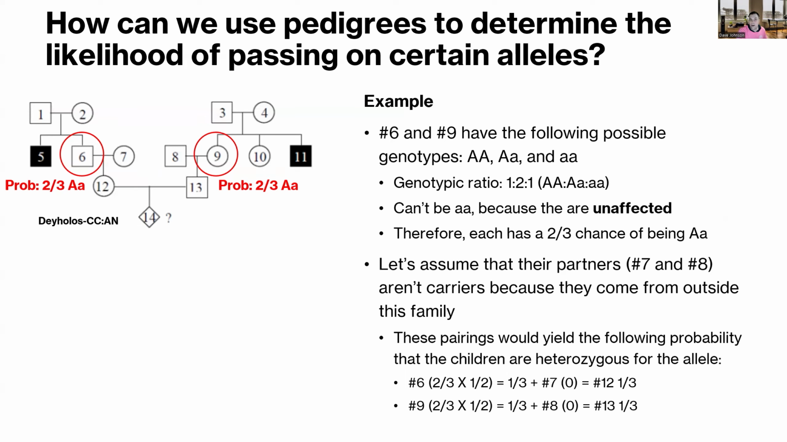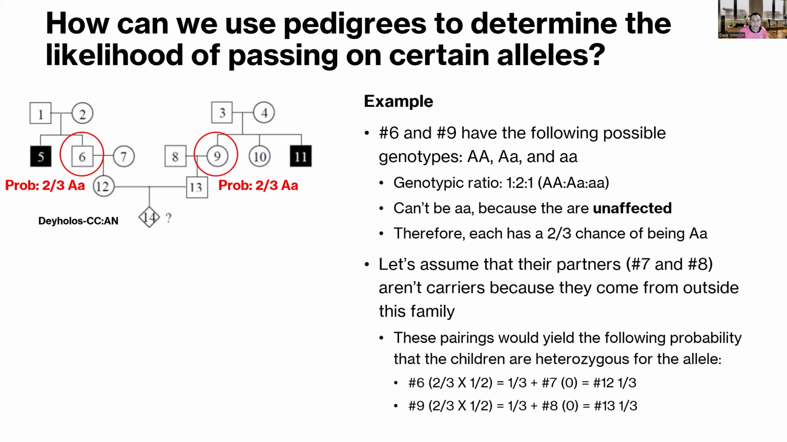That's what Mendel's law of segregation would tell you. They could either pass on their disease chromosome or their normal chromosome, because the other copy of that chromosome is coming from 7 or 8, to make number 12 and to make number 13, respectively. So what that means then, using our product rule, 2/3 times 1/2 equals 1/3. From 6. There's a 0 chance that 7 is going to provide it, which means number 12 is a 1 in 3 chance of